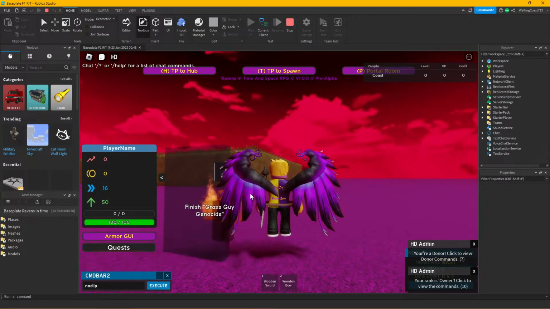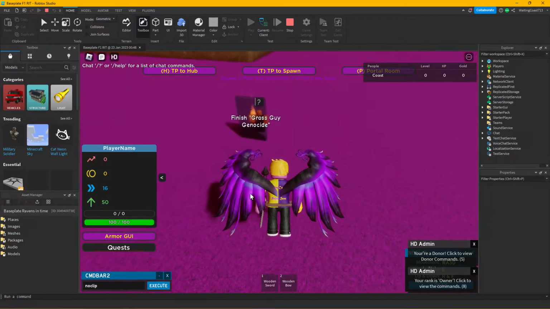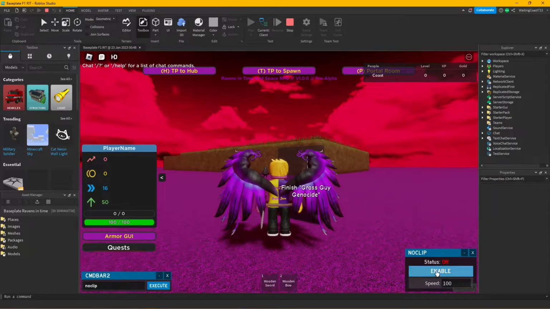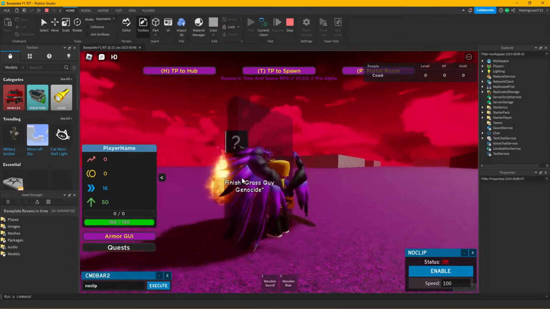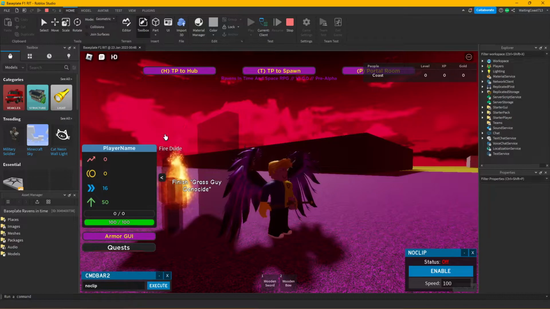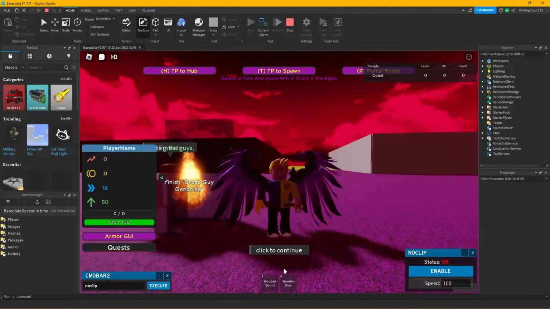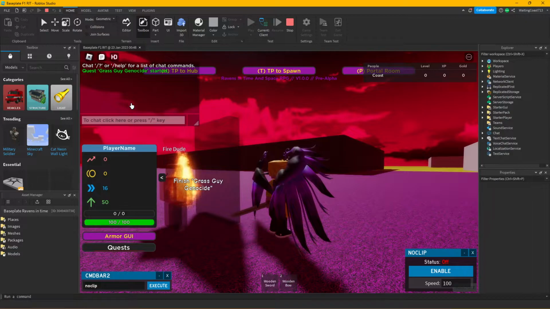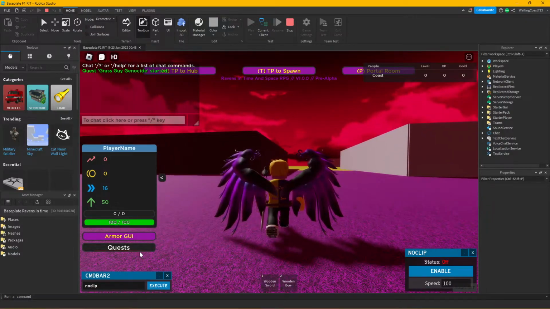You can see right here there's a quest door, and this quest door is saying that you can't pass it without completing the quest. So if I go through, you can't do that. But I'm going to go ahead and talk to them. They say, okay, I hate grass guys. Can you kill 5 of them for me? If you do, I'll reward you. And then it says thanks. You'll see something on the top that says Grass Guy Genocide. And if I click here,